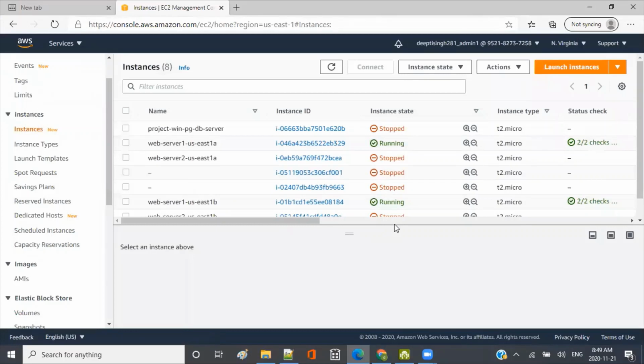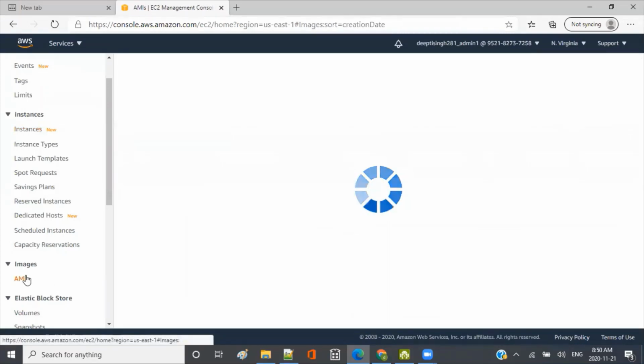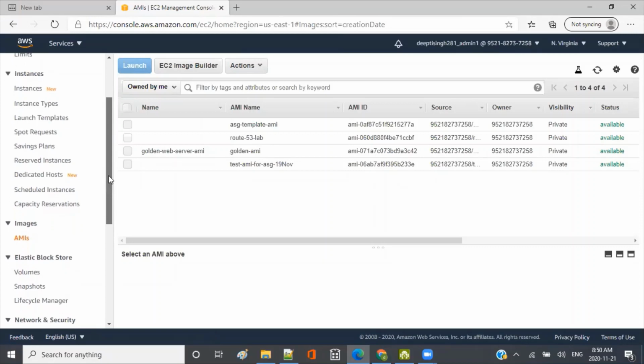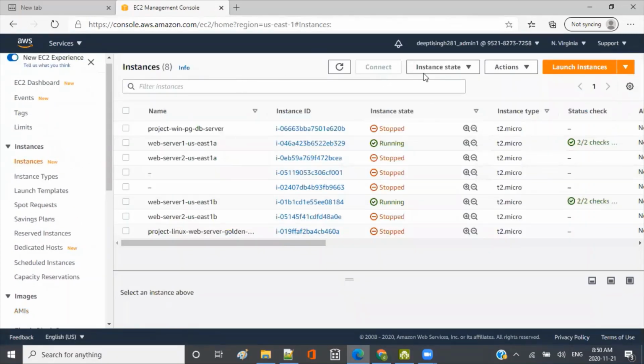Okay, so we have two running. I'm going to create one instance. Actually, I already have, because we have created AMIs many times, so we already have a few AMIs here, but I don't want to use them because I just want to give one more chance for you guys to see creating the instance and creating the AMI and everything from there, right? So I'll go here, I'll create a new instance.